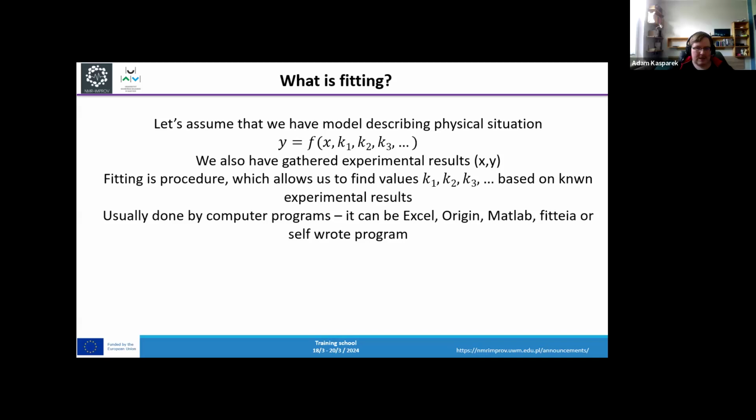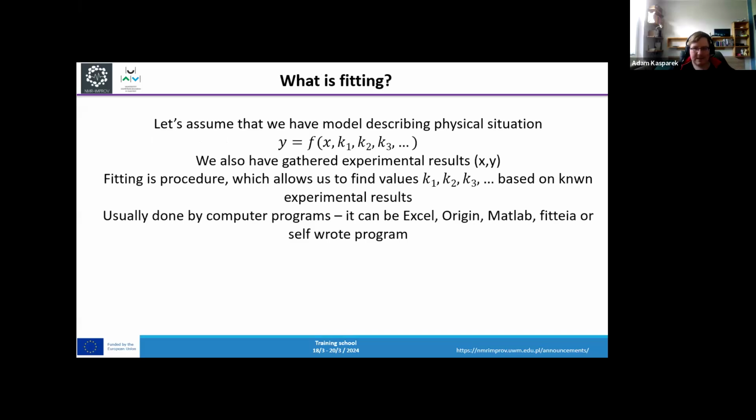It can be done by pen and paper, but usually it's done by computer programs. For example, it can be Excel, Origin, MATLAB, Vitea, which you will learn more about in tomorrow's lectures. Or if you know something about programming, you can write a program yourself. So, okay,